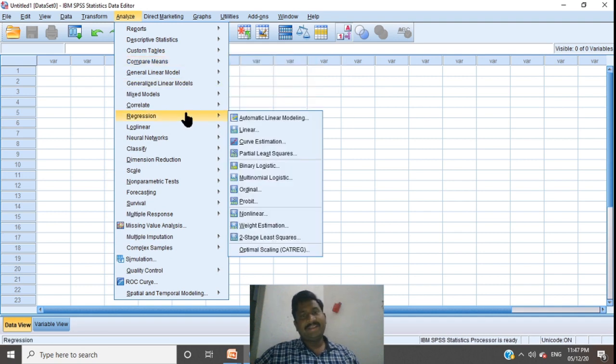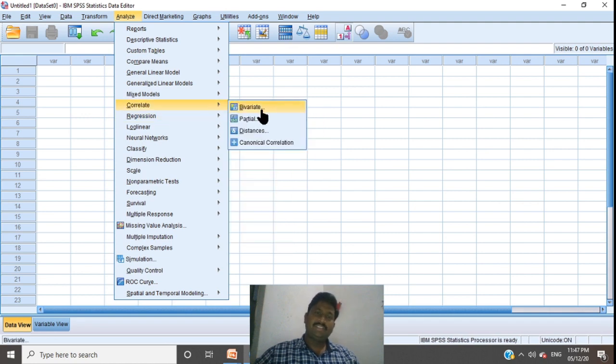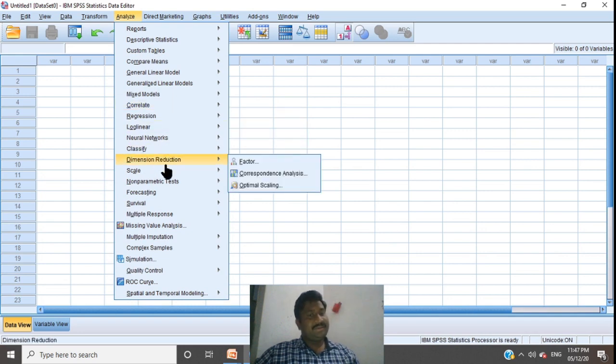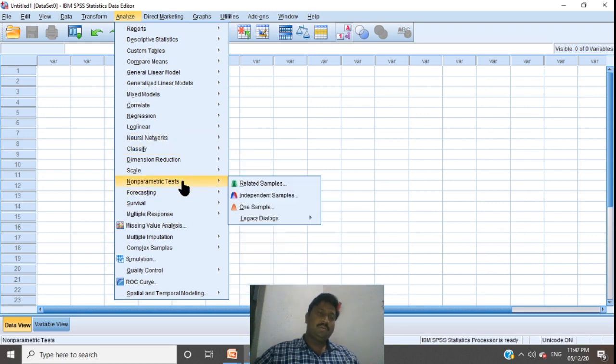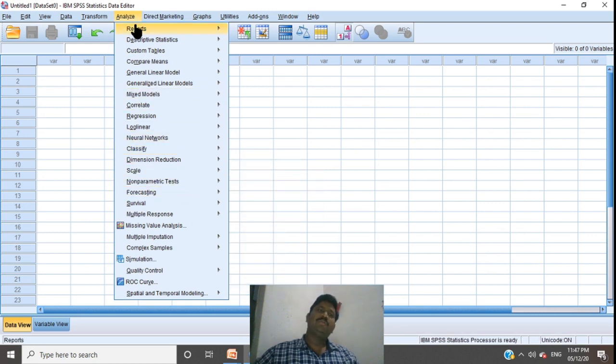If you want to calculate a regression, linear regression or any other kind of regression, correlation, bivariate, partial, or any other, dimension reduction, in which factor analysis is there, classification, non-parametric tests. So most of the statistical techniques lie within analyze. Once you are familiar with analyze, you can do your calculations here.